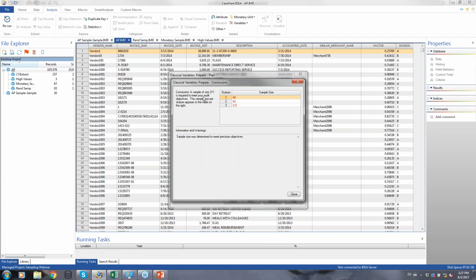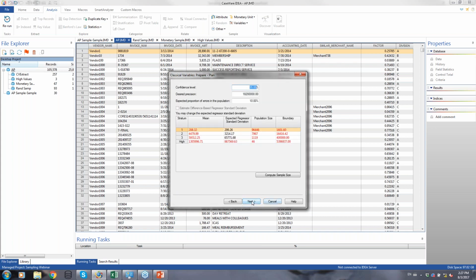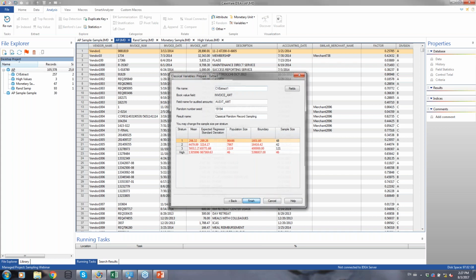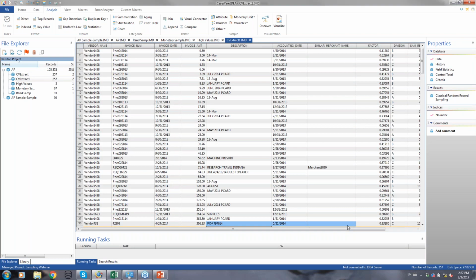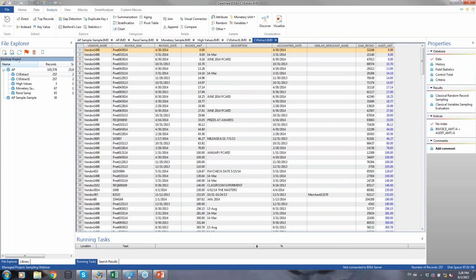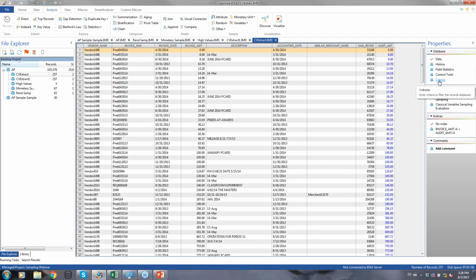This would lead us to the conclusion that we'd need a sample size of 211 to be able to employ the ratio estimator and other classical variable sampling methods, and that would allow us to extract a sample like shown, where we could go in and change the audit amounts to the true amounts based on how we did the sample. In this case, since we're up against a short period of time,